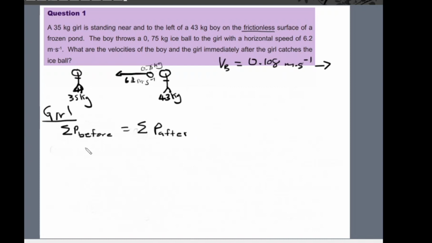So before collision, the girl is stationary, and then the ball is moving towards the girl, right? So we have the mass of the girl times the initial velocity of the girl before collision, plus